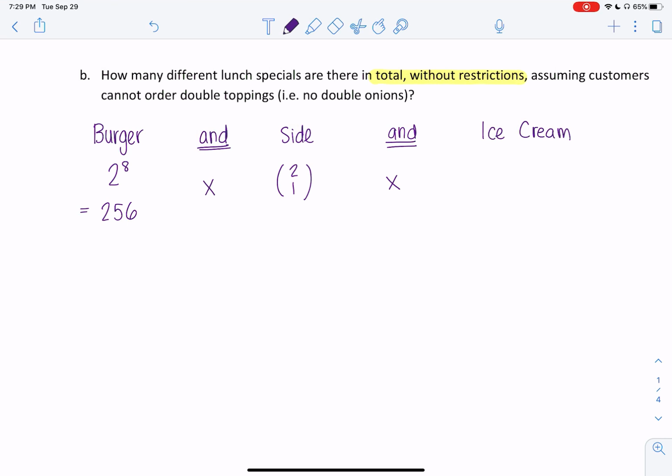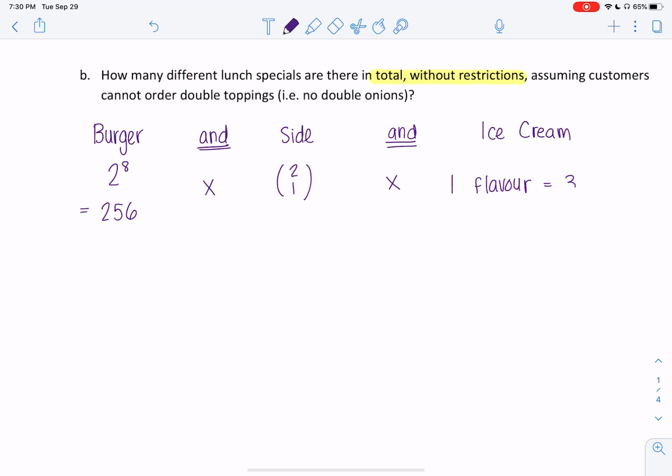Now the ice cream gets a little tougher because there are different options for the number of flavors. I'm going to put 3 scoops into this milkshake, but there are some options for how I pick those 3 scoops. I could pick 1 flavor, or I could pick 2 flavors, or I could pick 3 different flavors. So remember, because we're saying or this time, it means we're going to add these. So let's start by looking at the 1 flavor. So if I just decide to get all vanilla, all chocolate, something like that. So 1 flavor